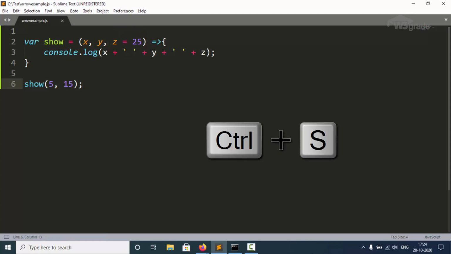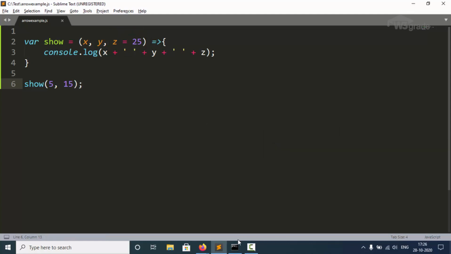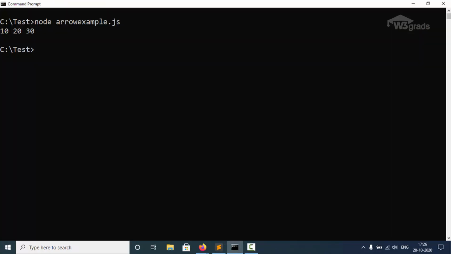Now, I will save the code and run it. So, I will go to the command prompt again, and type node space arrow example.js, and press enter. You will notice the output this time is 5, 15, and 25 displayed. This clearly indicates that the function has considered the value of z as 25 because I have not specified any value for z explicitly. However, if you will specify a value for the parameter explicitly, then the default value will